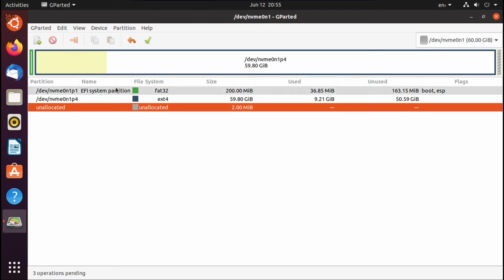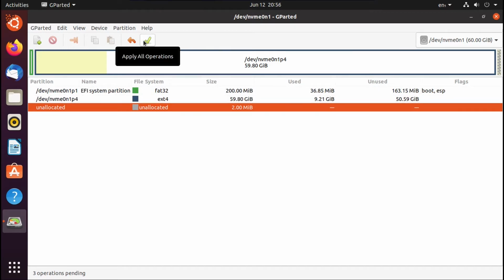Now, by the way, if you have an EFI system partition, which you will have if you have a UEFI BIOS, but you won't have it if you have a legacy BIOS, absolutely do not delete that, because if you do, it will cause your system to fail to boot. If you're wondering why I'm not deleting the EFI system partition. But anyway, once you're done with all that, you can hit this little check mark or the Apply All Operations button,